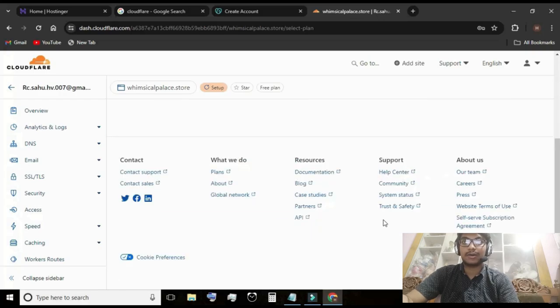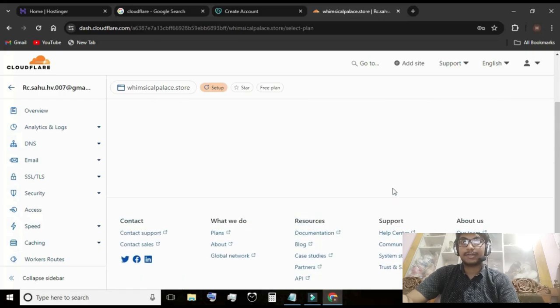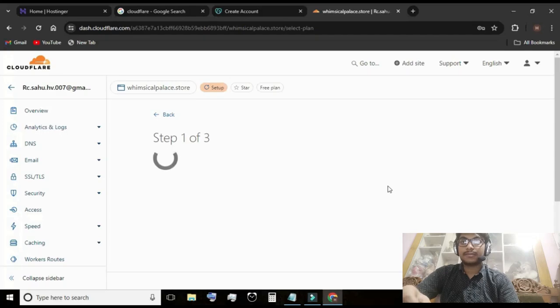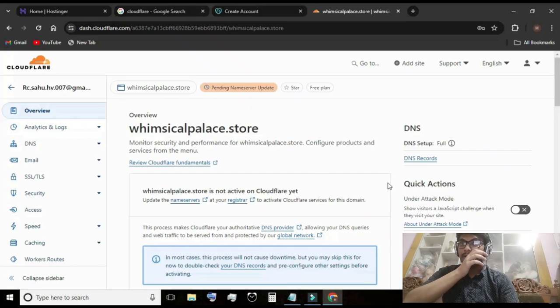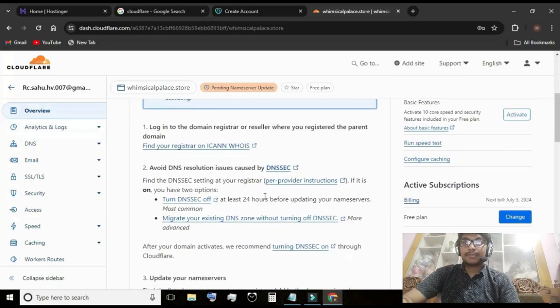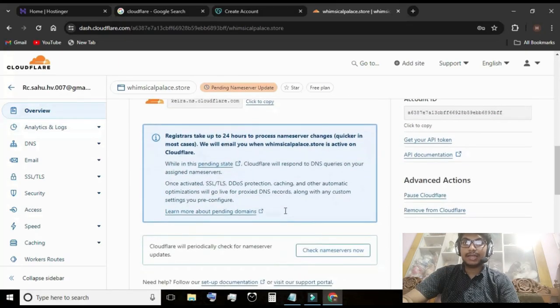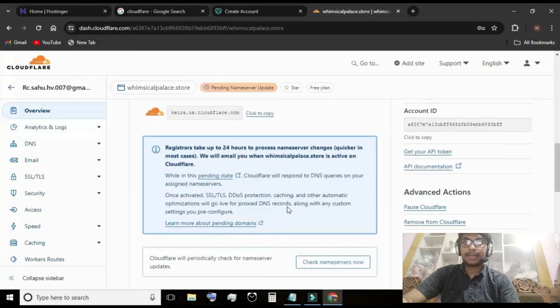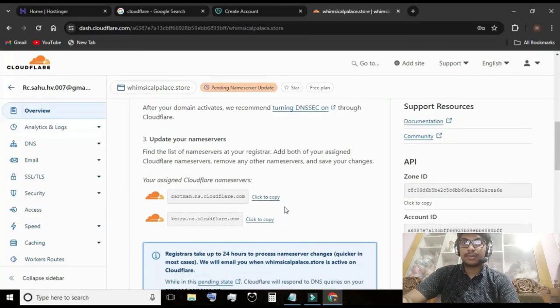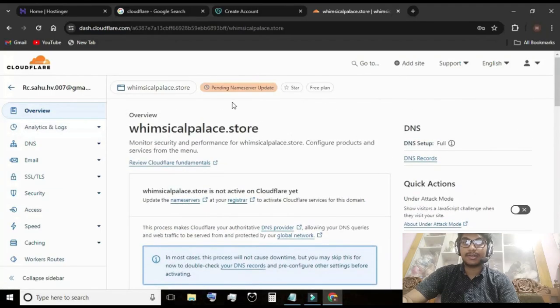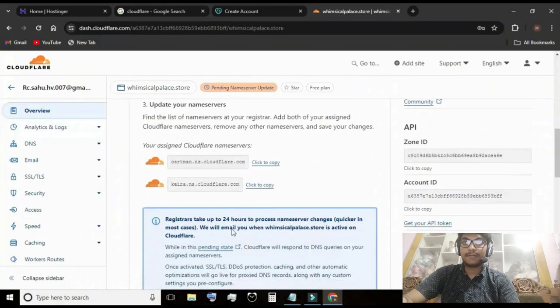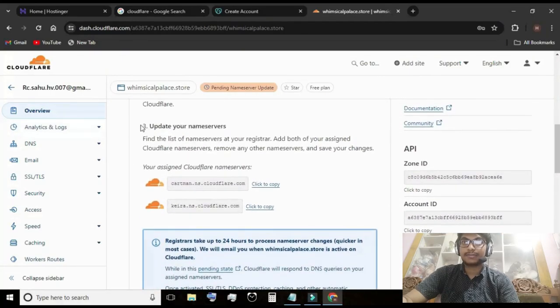In the first step, scroll down and then click on free and continue. Most of your purpose will be fulfilled by the free plan. In the next step, scroll down, you will see these two texts. You have to assign these to your DNS name server. Just copy both of them and